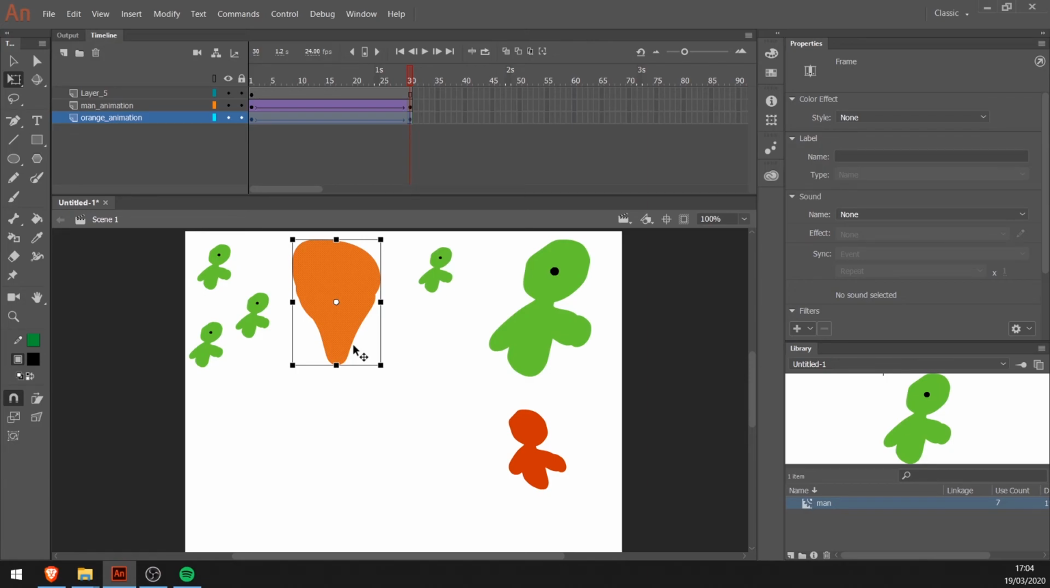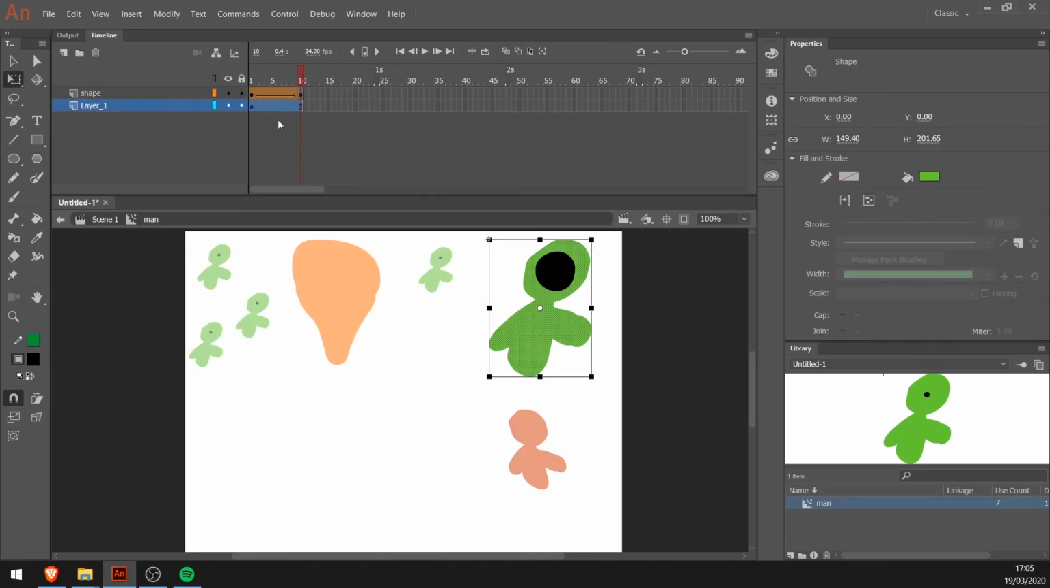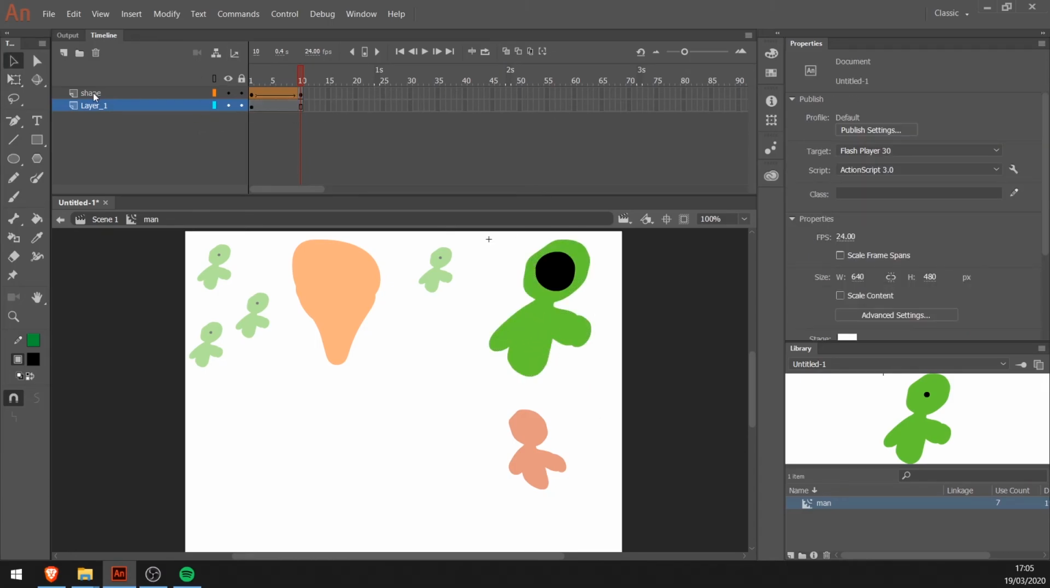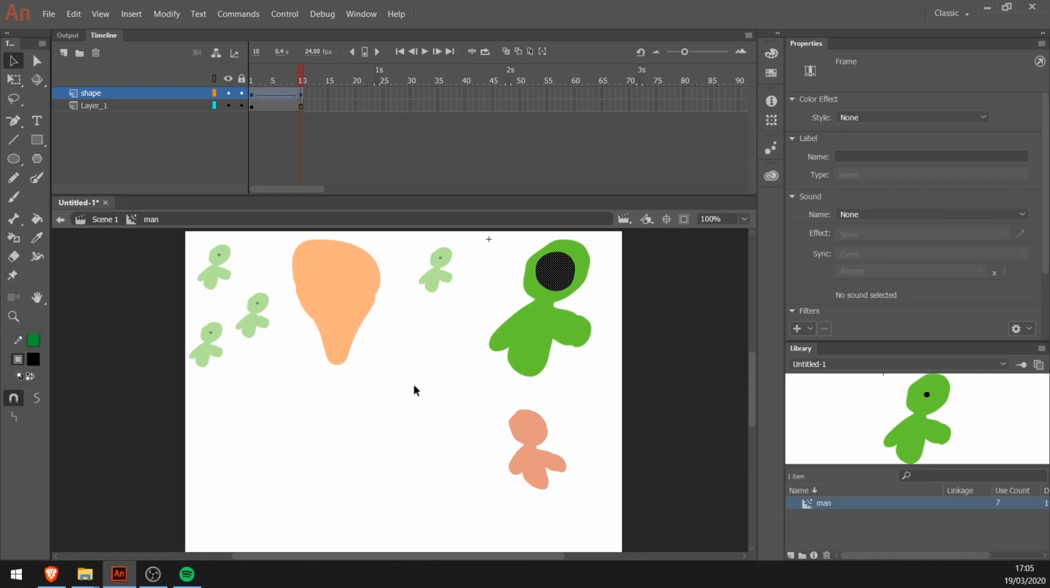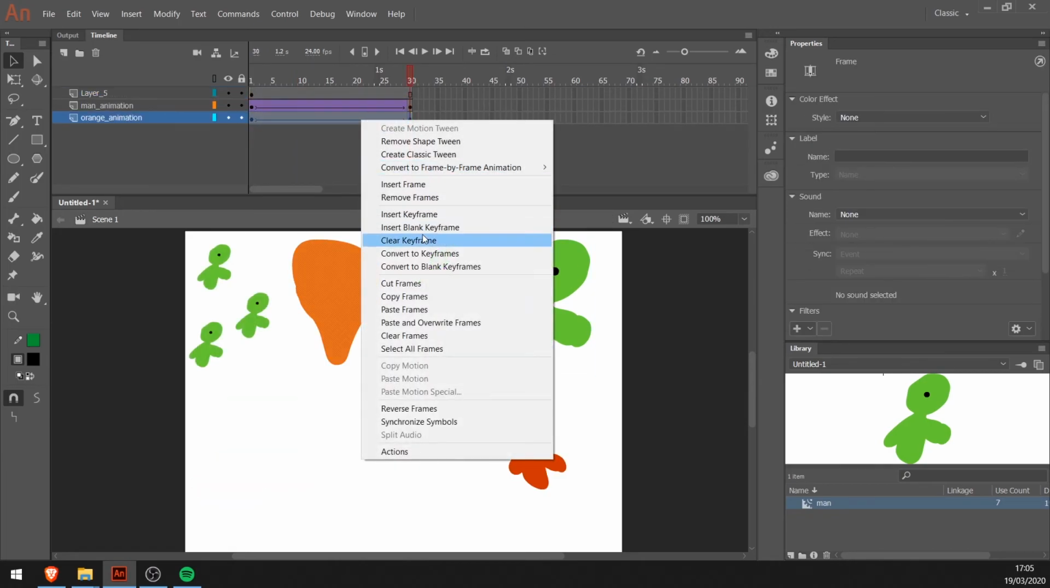But maybe you may be confused because I said to make shape tweens, you don't use movie clips. Well, we don't use movie clips to make shape tweens, but inside movie clips, these elements are shapes. So this means that we can make shape tweens here. That's why we made a shape tween over here. So I can copy these frames, and